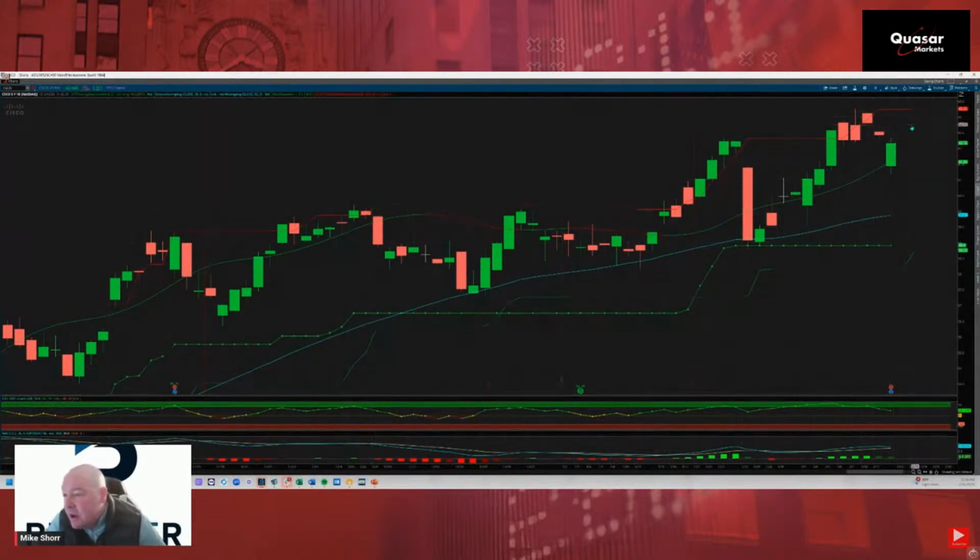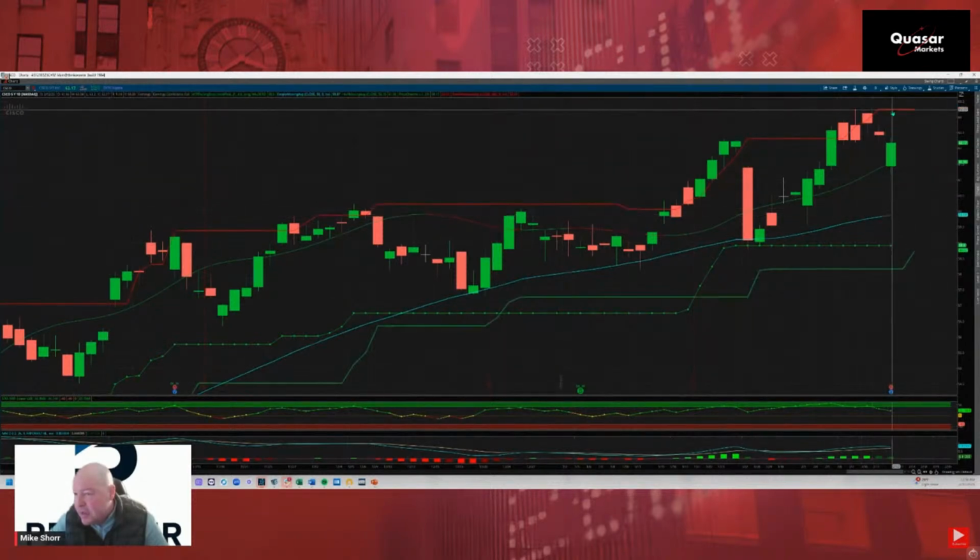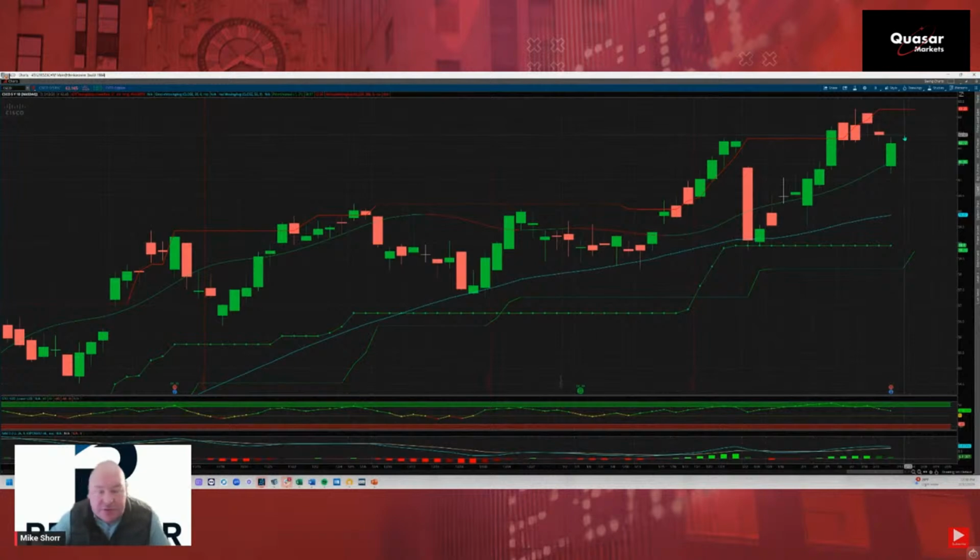So breakout above 63.25, that's bullish. But I would have to wait to get through this mess here and let them figure it out. And then clearly the 50 has been support. So, just going back to December, support, support, support, support, support, support. Now we're nowhere near that right now, but that 50 should be support on a pullback. So support here on the pullback, breakout above 63.25 for Cisco.